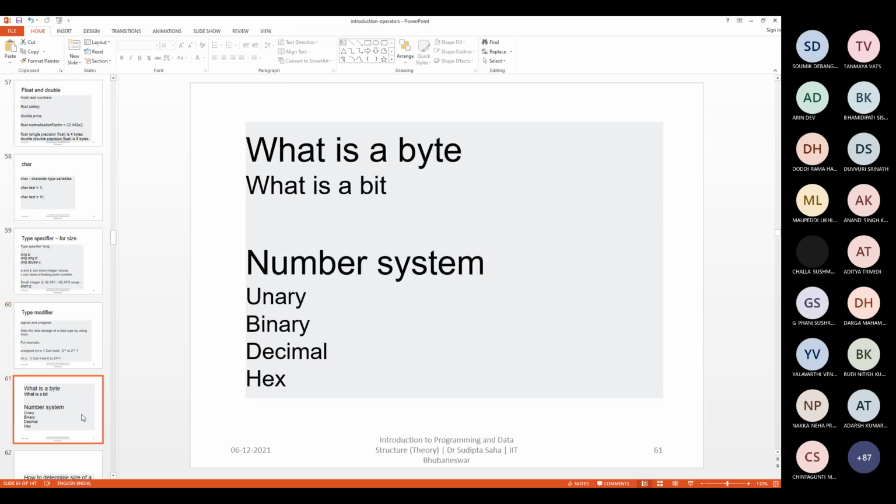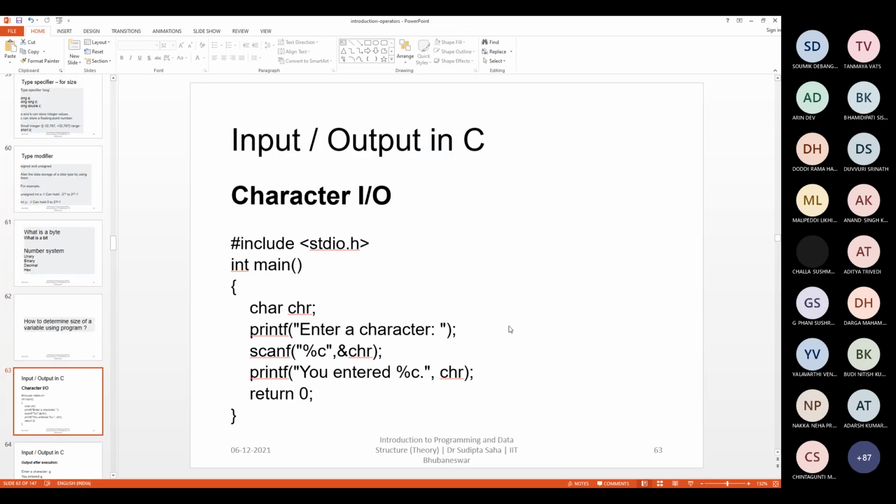Okay, now try to see this simple question. So enter a character and then %c, then ampersand chr. chr is a character variable. So basically you are trying to input the value of a character using a scanf statement, and that's why you are using %c. You are trying to scan a character, right?